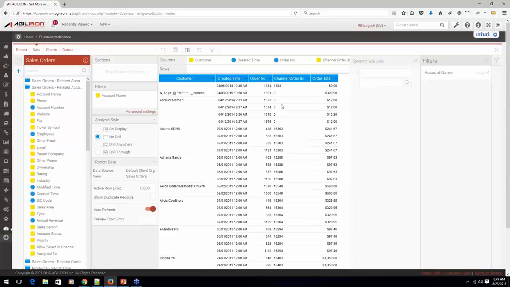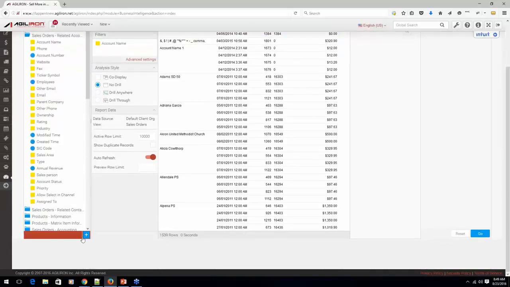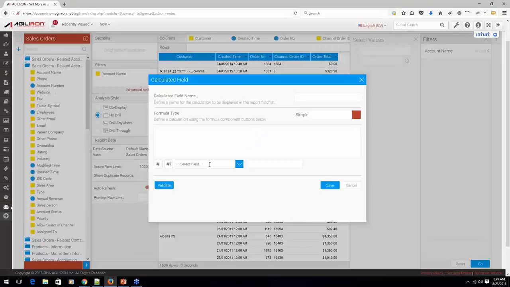Okay, so this is taking a little while, so why don't we move on to some of the other things. Let me go ahead and present some of the other capabilities like calculated fields. So here, this is obviously the list of all the fields that are available that we are presenting, but if you wanted to create some of your own that's based on a combination of fields that might exist in this table, then this is your calculated field